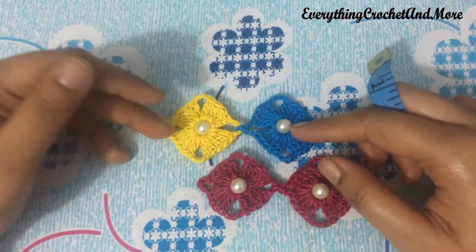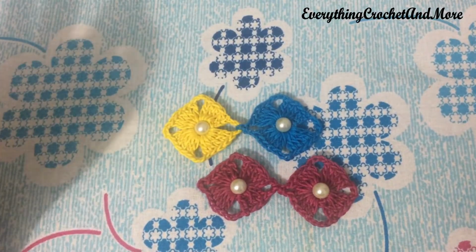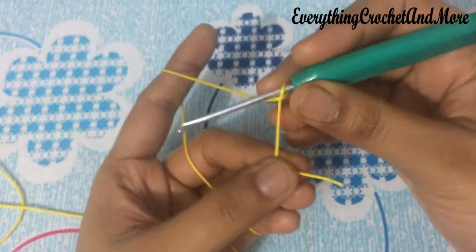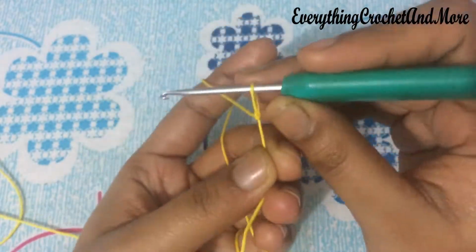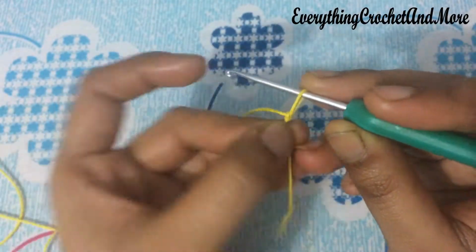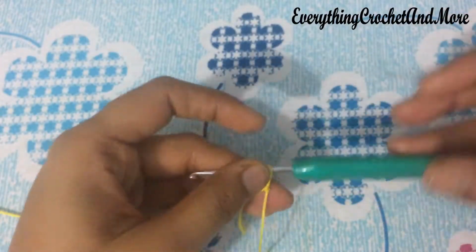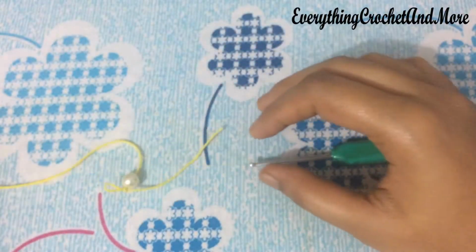And the pattern will remain the same. This pattern will remain the same here, just change in color. So let's begin with a slip knot like so. Now that's done. Now I've just extended the length of the eye like so. This length is equivalent to the size of the pearl. Bring in the pearl like so,